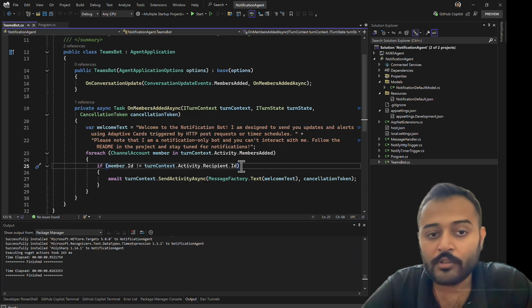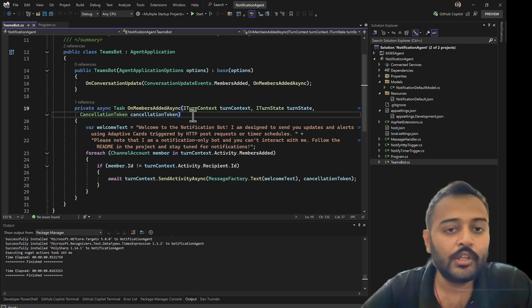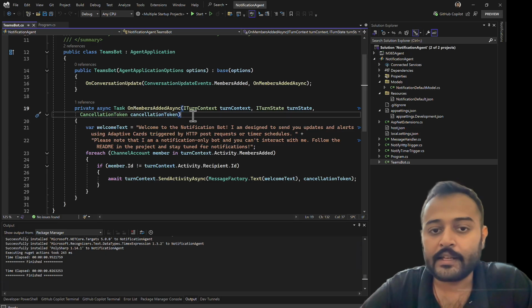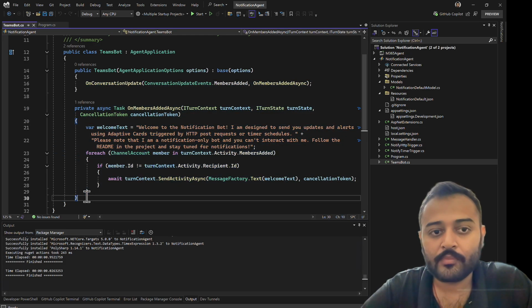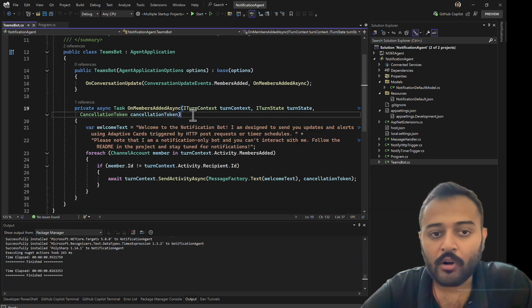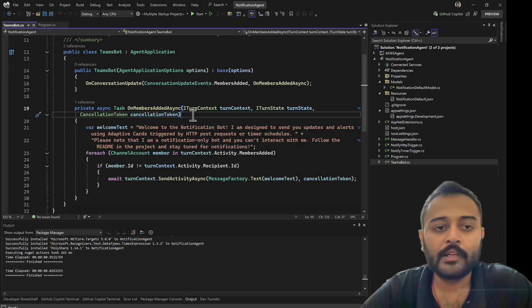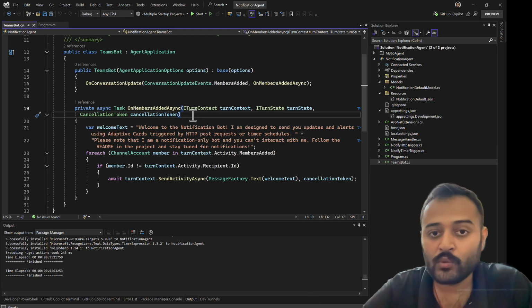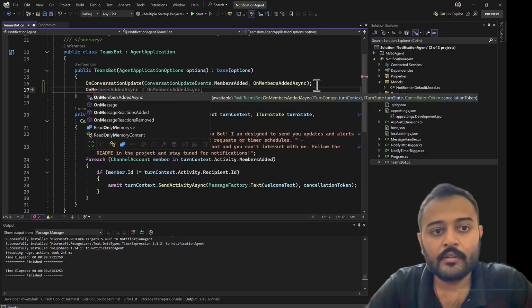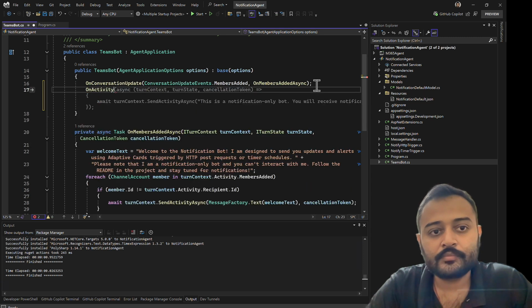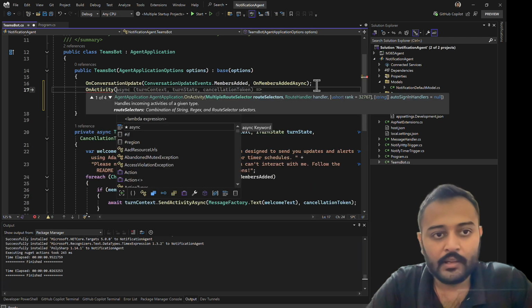If you want to learn more about these methods, I would highly recommend you go and watch our previous two videos where we have discussed Echo bot as well as weather agent. Okay, so this is the exact same structure from that code that we have explained in the last. So since this is a notification bot, any user input will not be considered unless you want to override that functionality and you want to handle the user input as well. So you just have to do it here on activity, and the type is